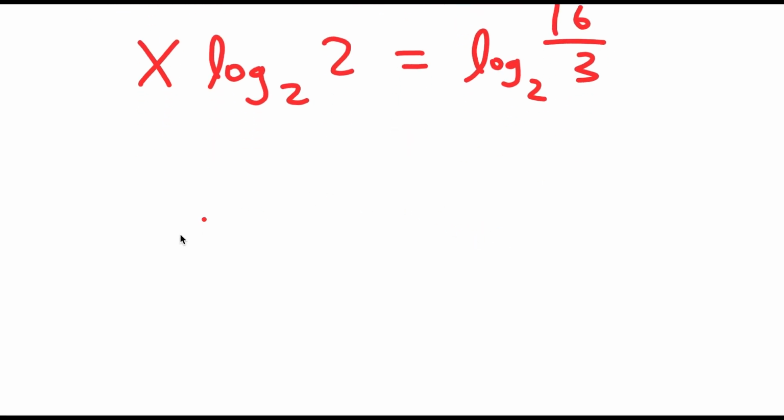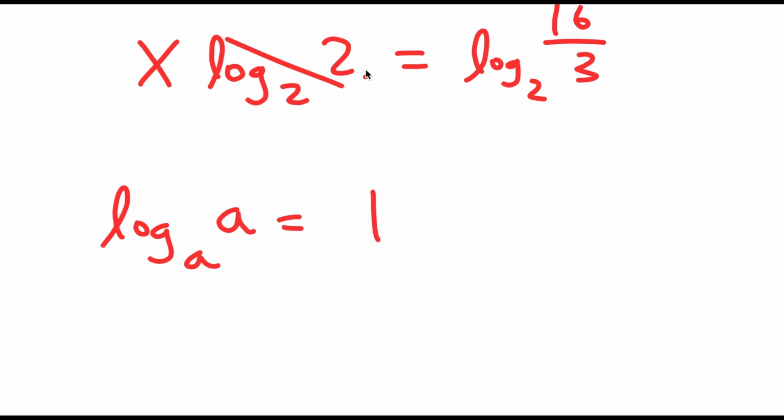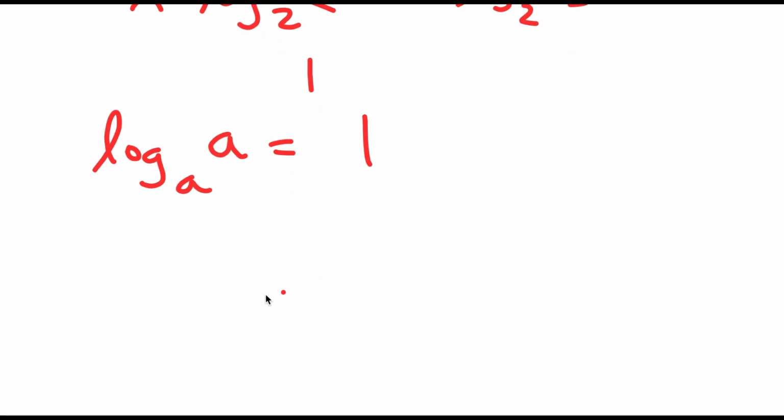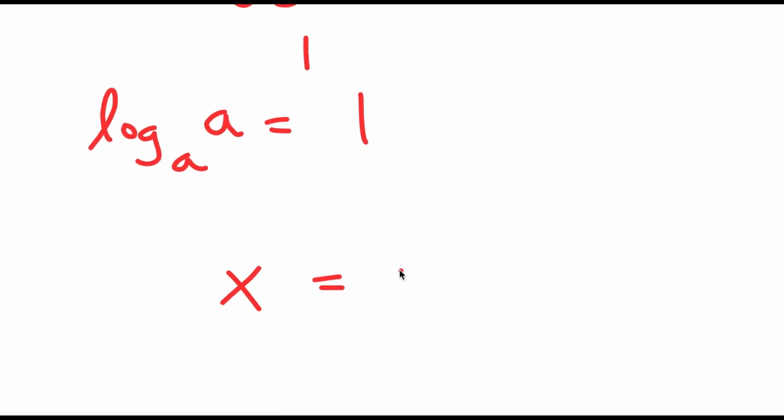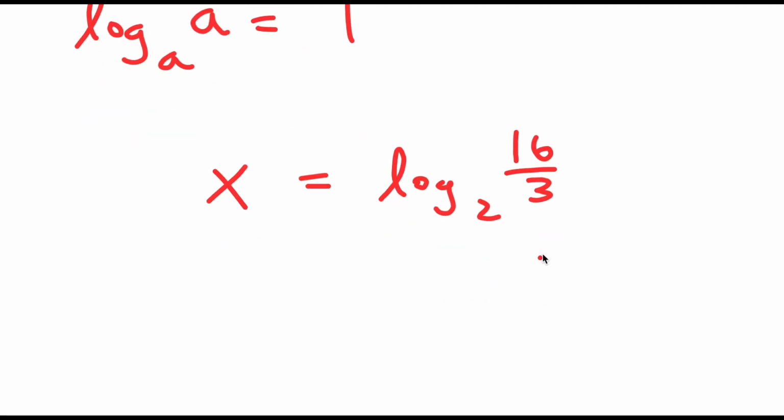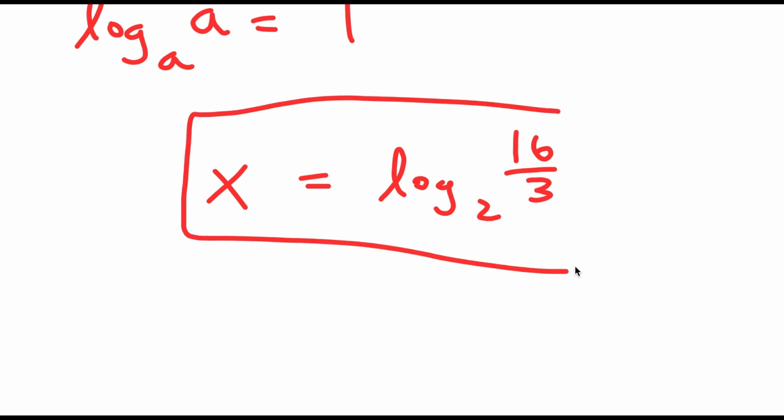And another property of logarithms is that if I have something in the form log base a of a, this is simply equal to 1. So this just turns into 1. So now I have x times 1, which is the same thing as x, is equal to log base 2 of 16 over 3. So this is my value of x. But we aren't done yet,